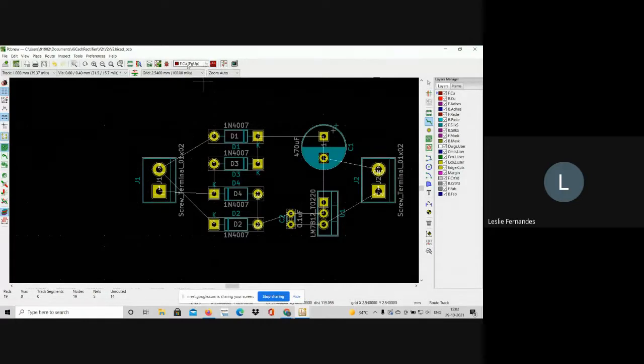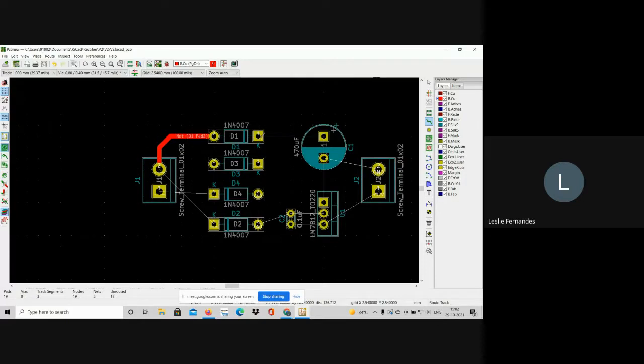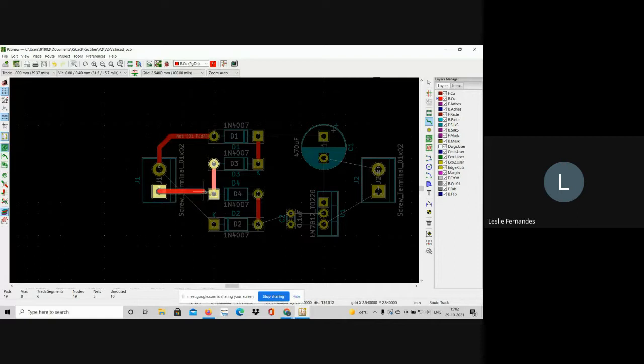Now if you notice over here, this says it is front copper layer. I need the bottom copper layer, and it is in red color. So I'll click on this layer and now my track will come in the bottom copper layer, and it will be in red. And I'll connect this diode over here. Now I'll connect this diode, see it's forming a snake-like pattern. This particular technique is called snaking.